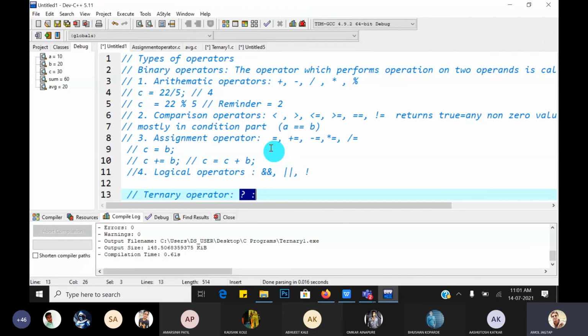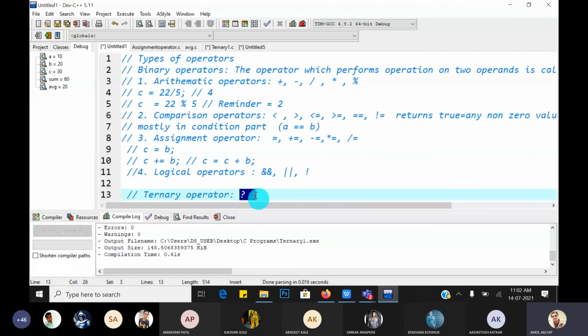Binary operators are divided into different types: arithmetic, comparison, assignment, logical operators, etc. The last one is the ternary operator, which performs an operation on three different operands.